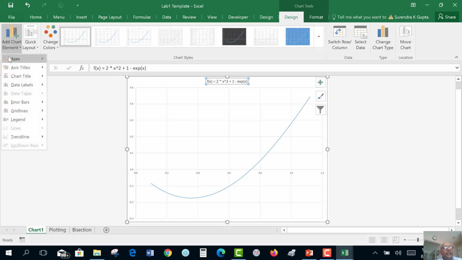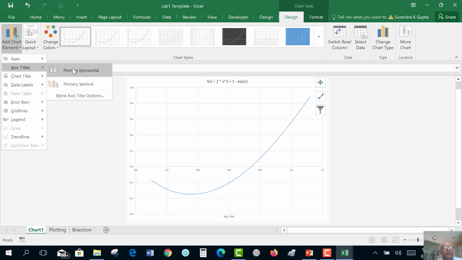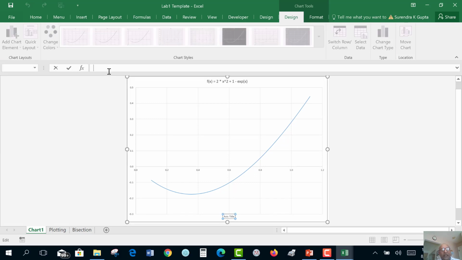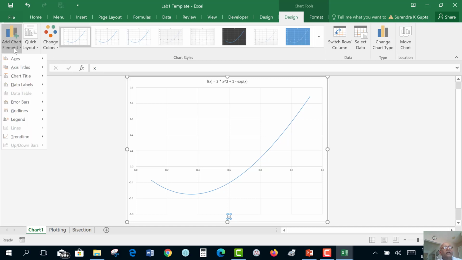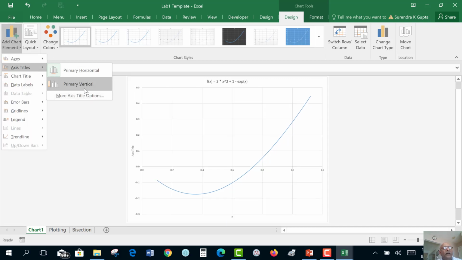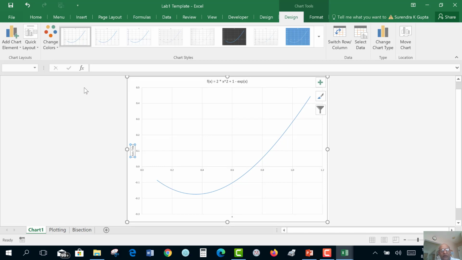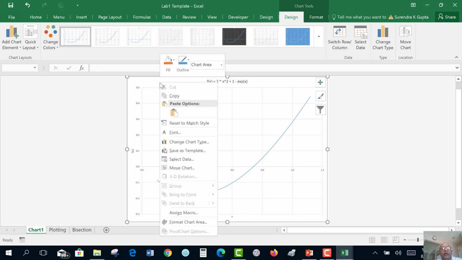Next thing you should do is add axis titles. So start with horizontal. In our case, it is x. And then do axis title vertical. In our case, it is f of x. So we have a reasonably well documented plot. And now that we are happy with it, we are finished with the plot, we can move it